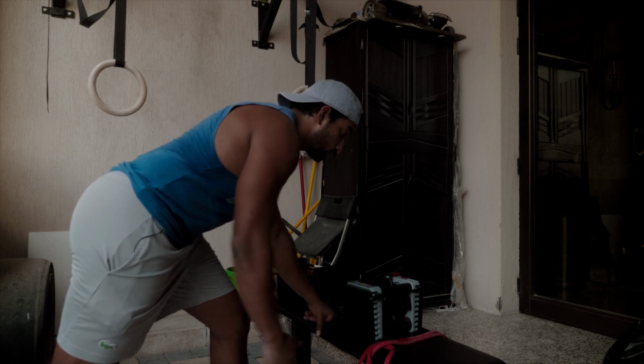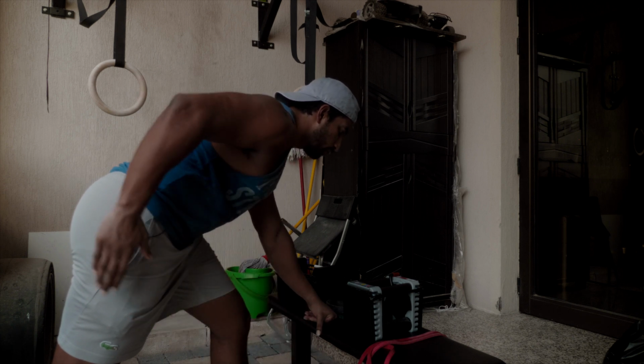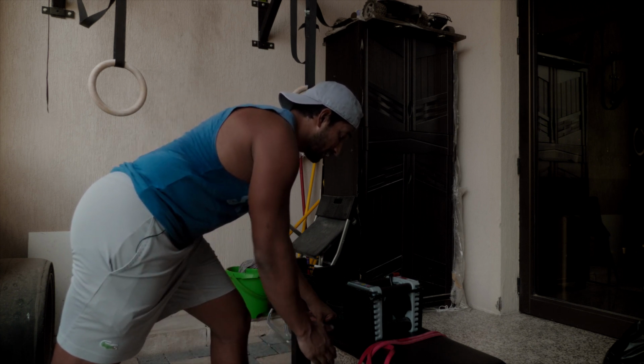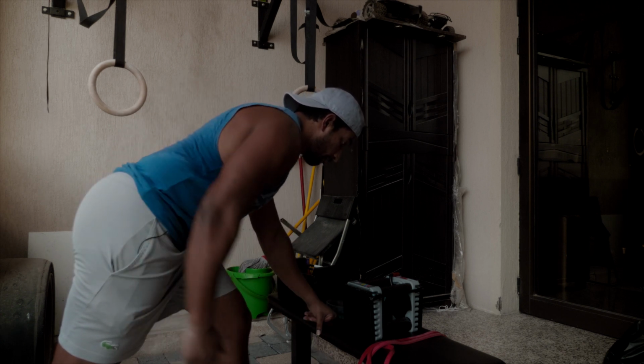And then I still want you to do a C shape, but this time imagine you want to take the weight and you want to put it in your pocket. So without any weight, it looks something like this. Now with the weight,